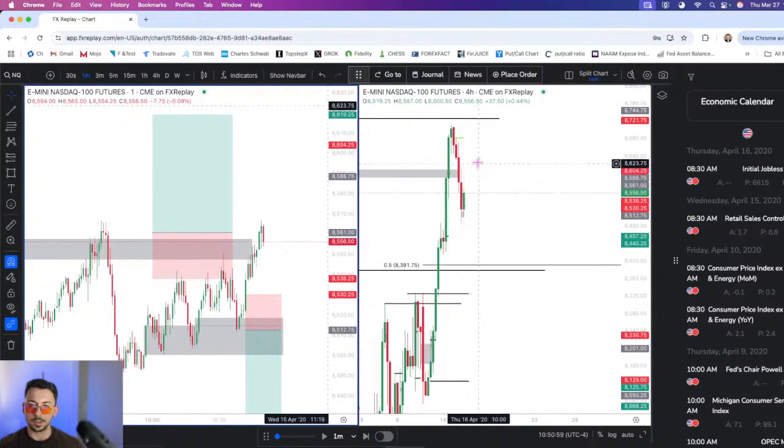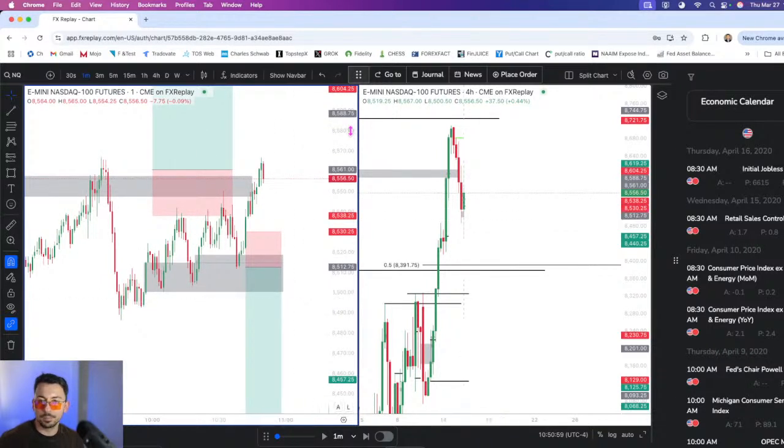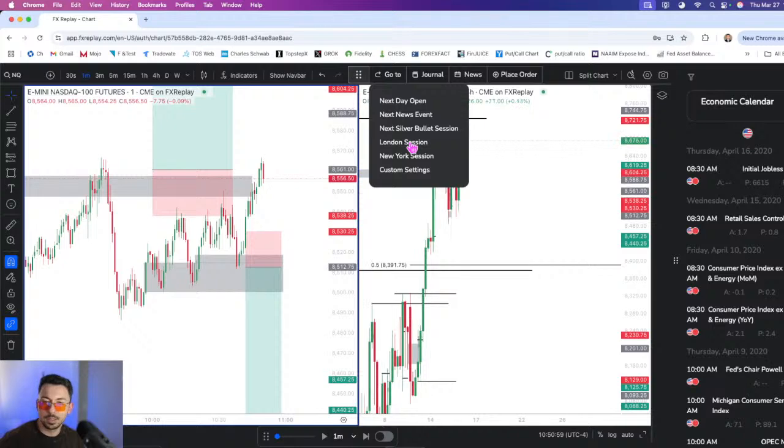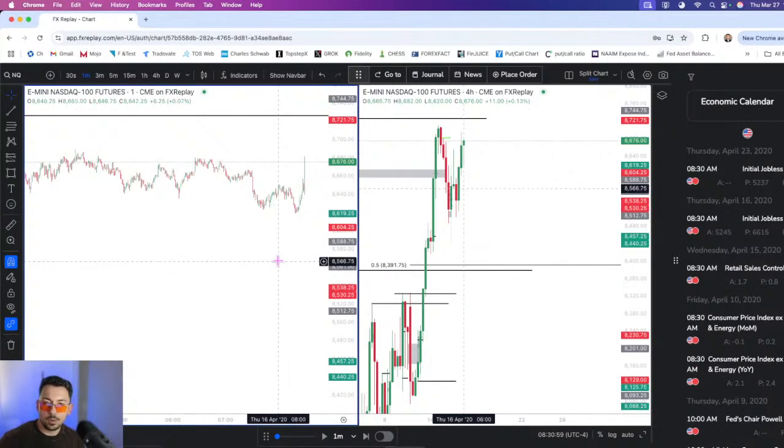Maybe the draw is up to this hourly. I don't know. I thought the IFG was not big enough. It wasn't that big, but because of this rejection here, I thought it was going to be good. But okay, time is 10:48. Let's move on to the next session. Wow.